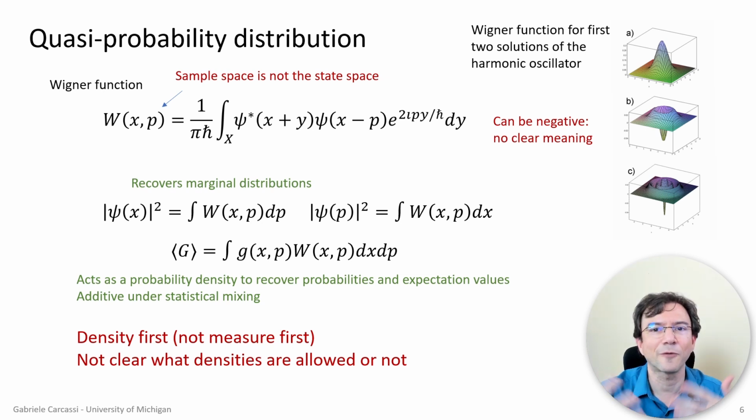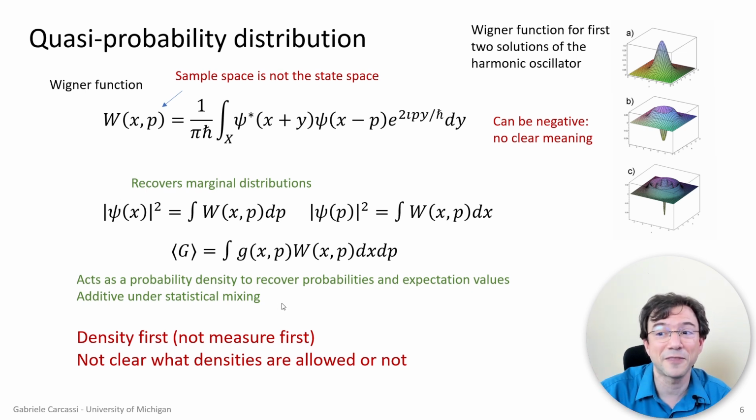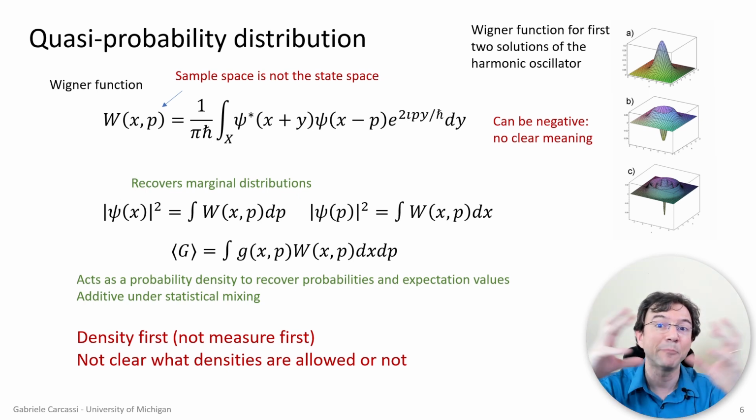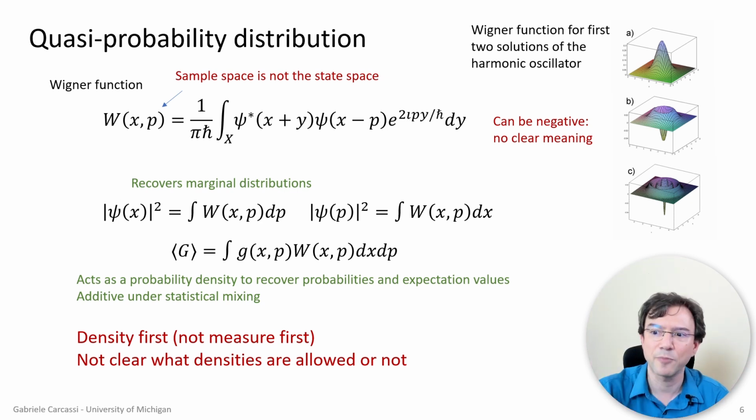So from a physical perspective it's useful for calculation, but I don't think it's really useful to understand how things work. And again, the problem is that formally this works differently than classical probability, and we really want objects that work formally the same in classical mechanics and quantum mechanics, that have the same physical justification, so that we can create an abstract space of states and processes. And so this really does not work.